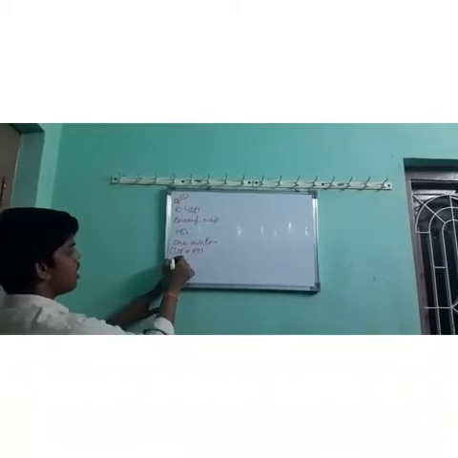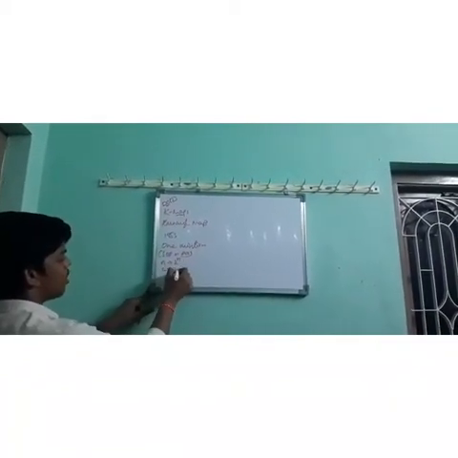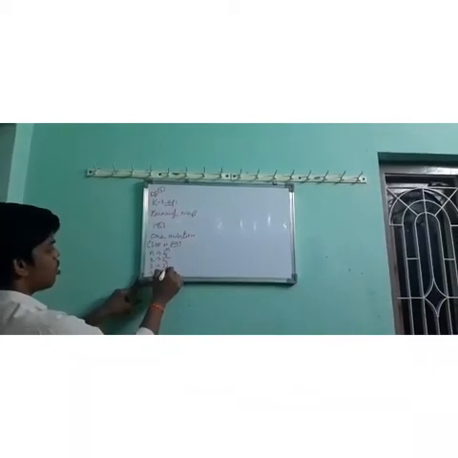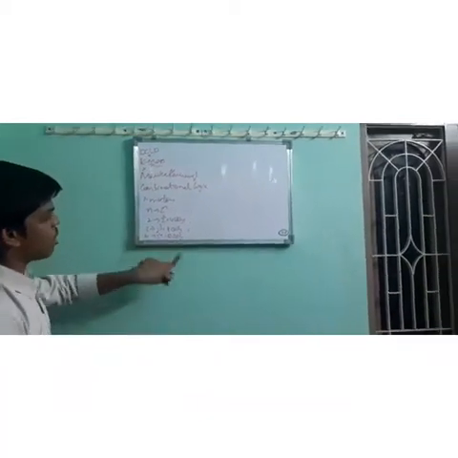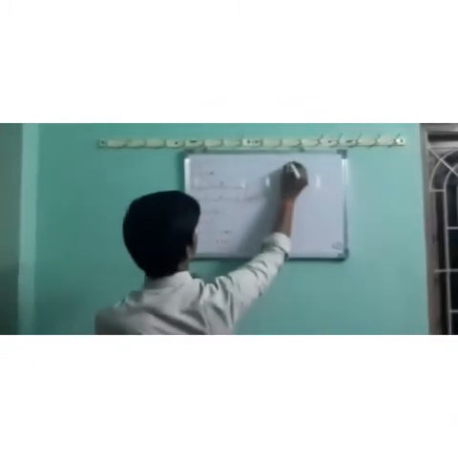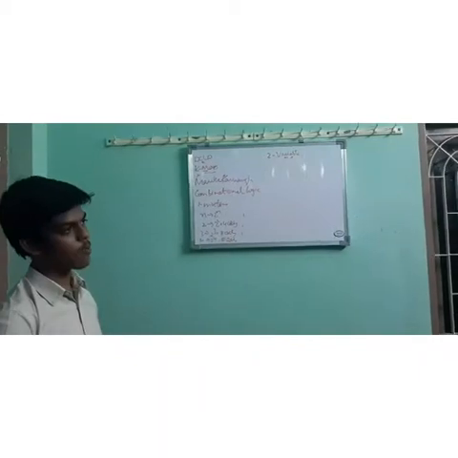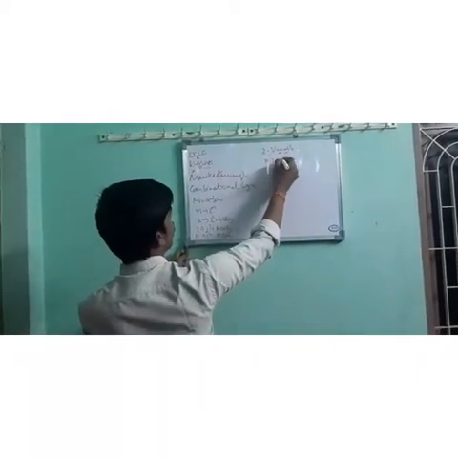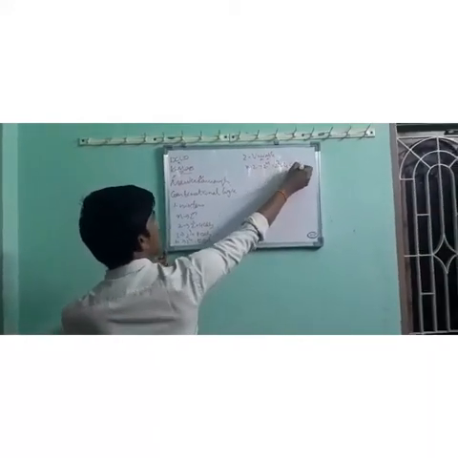If it is an n variable K-map, there are 2 power n cells. If it is a 2 variable K-map, 2 power 2 cells. 3 variable K-map, 2 cube cells. 4 variable K-map, 2 power 4 cells, and so on. First, I want to deal with the 2 variable K-map. In the 2 variable K-map, there are 4 cells. That is, if n is equal to 2, there are 2 power n cells, that is equal to 2 power 2, which is 4 cells.